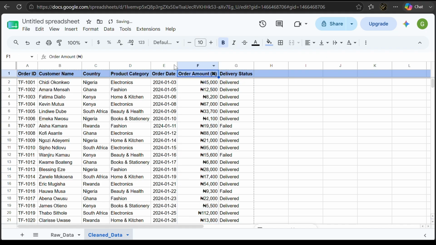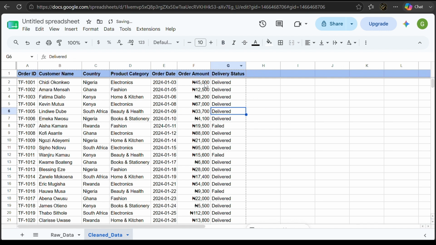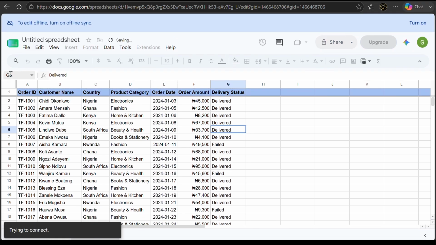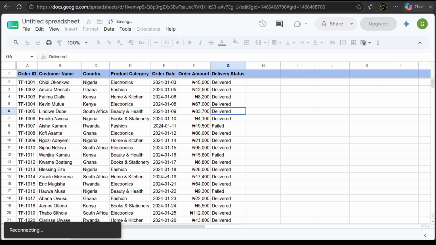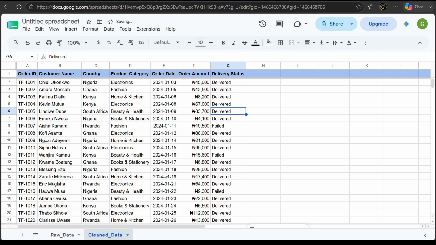And then coming to this point, there's no point having the naira symbol again if all the numbers already have the naira symbol there. So that's that. So automatically this particular column now is formatted as currency, right? So moving forward,